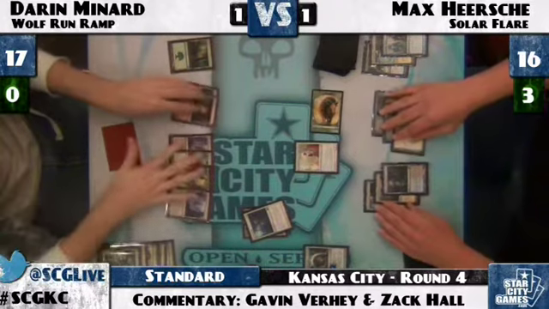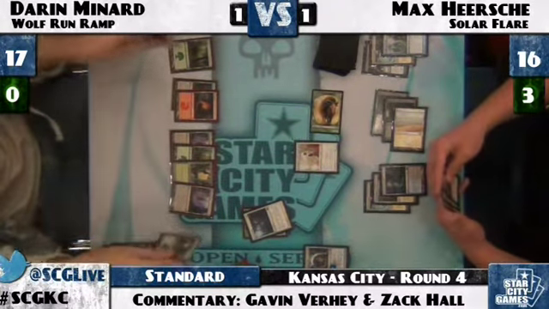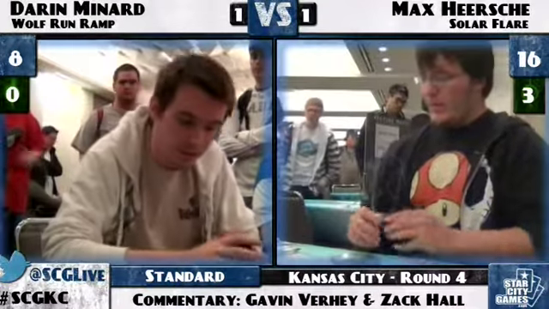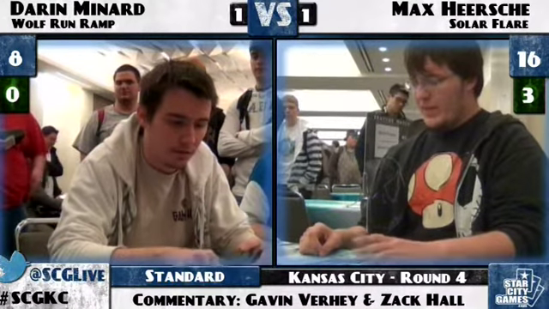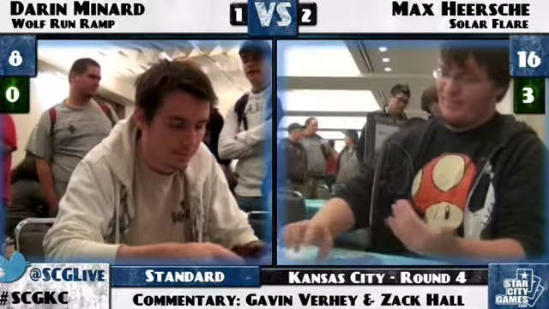What red cards does he have? It could be Gut Shot. I think it's Ancient Grudge. Oh, Ancient Grudge. Yeah, and there it is. He drew a blank, and that's the match. Yeah. Max Heersche takes it in 3 games with Solar Flare. Yeah, indeed. Looks like this might be a resurgence of the Liliana of the Veil, Unburial Rights version of Solar Flare. Yeah, we saw some